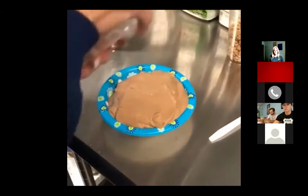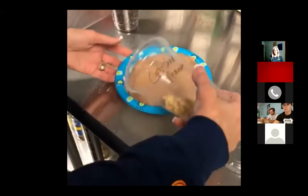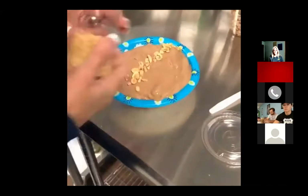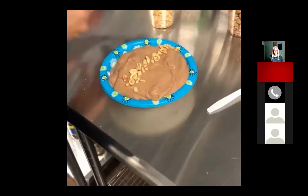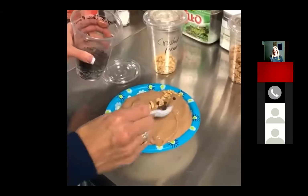The last thing I'm going to do, guys, is actually top it. So here we have crushed peanuts, and presentation is everything. It's about 1/4 cup on each of these. I'm actually going to use a spoon to top it on either side for the